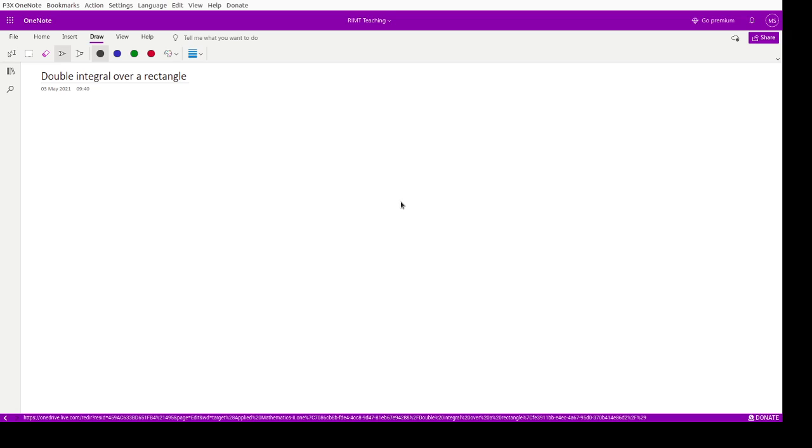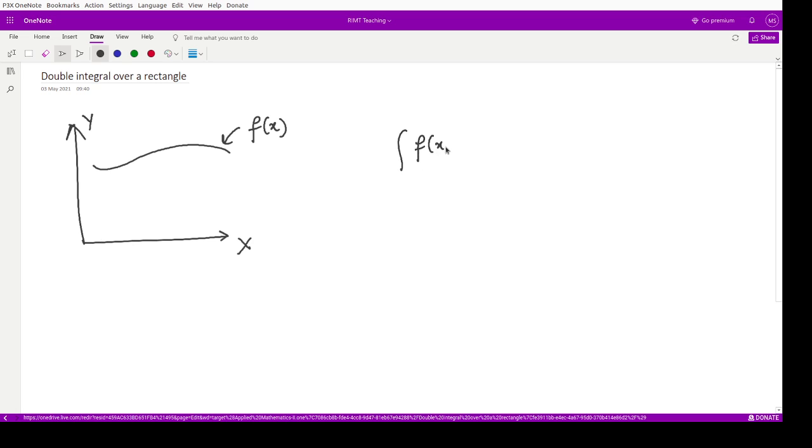Okay, so we can define integration in this way. Suppose you are given this kind of curve. This is, say, your y-axis and this is your x-axis. Then you are to find the integration. Suppose this curve is f of x and you are asked to find the integration of the function f of x where x varies from a to b. So that means from the value x is equal to a to the value x is equal to b, we are to calculate the area under this particular curve.